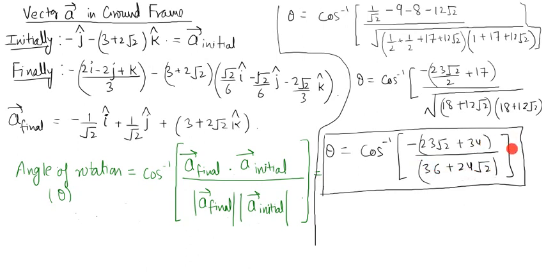So as you can see here, this is cos inverse of a number which is negative. So which means that theta is an obtuse angle. Okay, so theta is an obtuse angle here, which means theta is greater than 90 degree. So in this way we can find out the axis of rotation and the angle turned by rigid body.